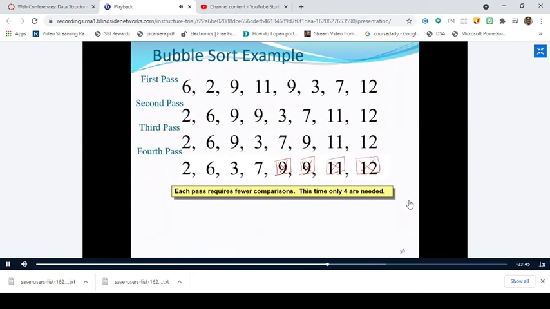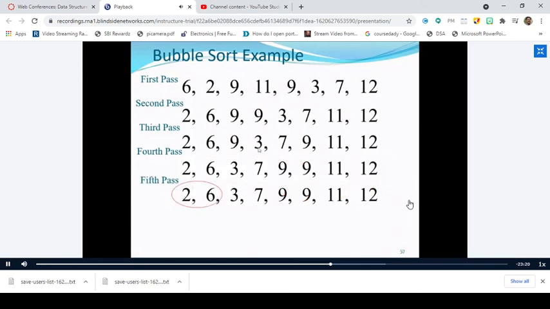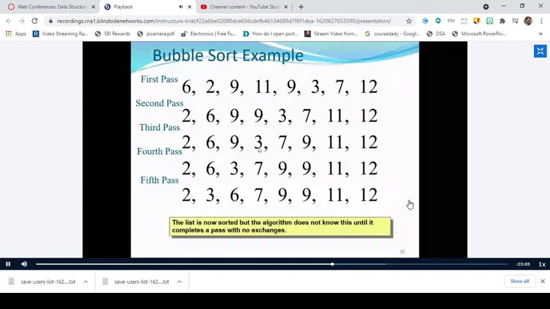If it is not optimized, as I told you, you just pass on the comparison operations, or you just compare the elements from the first to the last. Nothing to worry about, right? So we are not going to consider these 4 elements. Now for the fifth pass, we are left with only 4 elements, that is 2, 6, 3, and 7. Now for the fifth pass, compare 2 and 6. Since they are in the same order, no swapping. Compare 6 and 3, out of order, swap. 6 and 7, same order, no swap. 7 and 9. 9 is also there, right? So that is the end of the fifth pass.